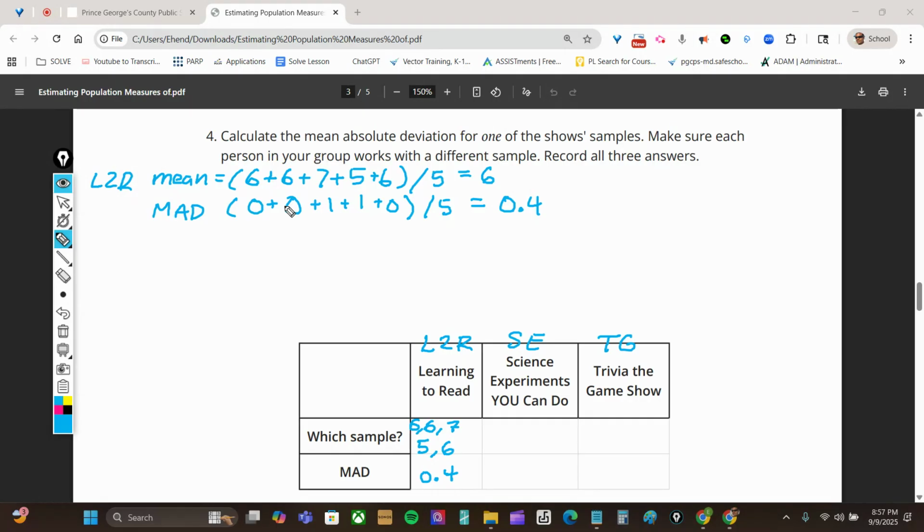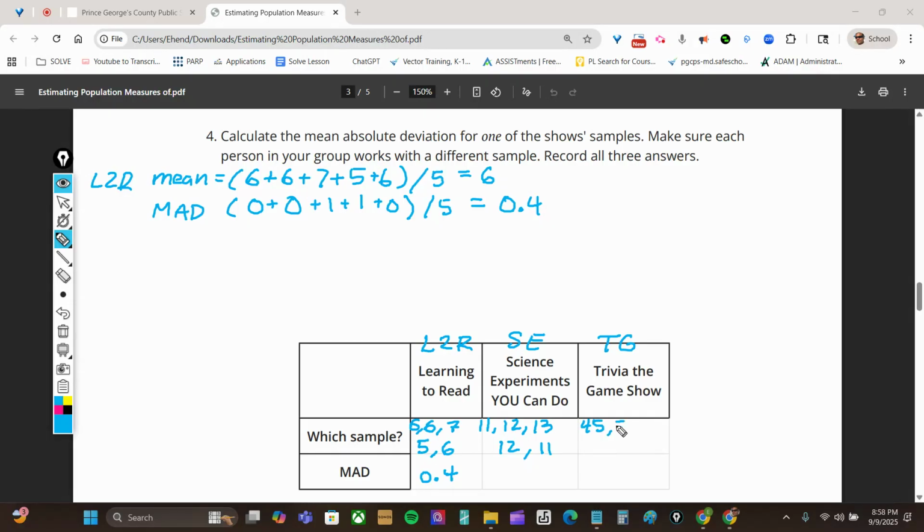Okay, so then what we're going to do is I'm going to give you some values so you can do the rest. For science experiments, we're going to have 11, 12, 13, 12, and 11. And then you're going to have for trivia game show